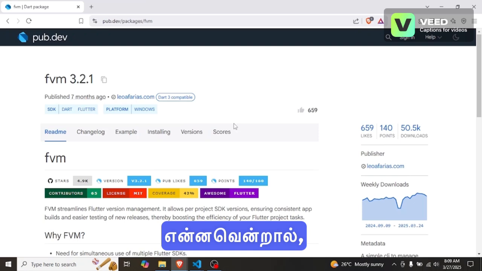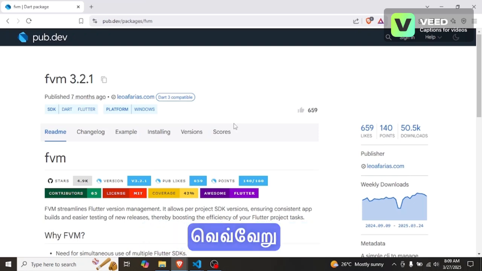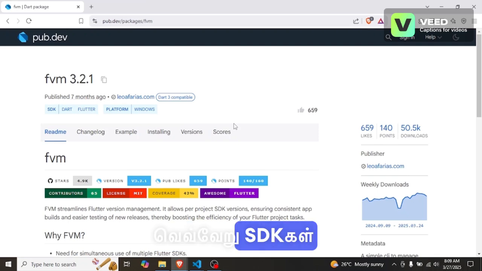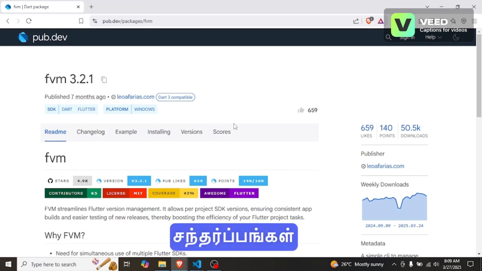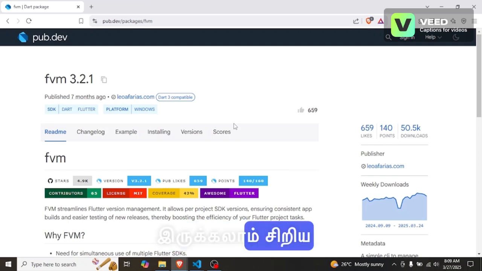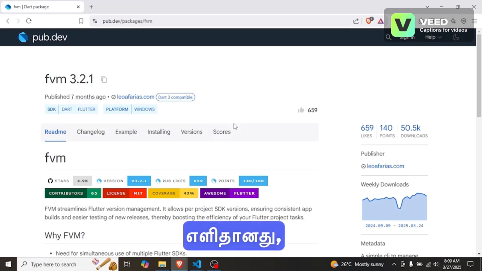Another very common problem is that when we're working on projects like Flutter, different developers tend to have different SDK versions. That's not the only case. Within a system itself, there can be cases where different projects need different SDKs. With smaller projects it's very easy to change the SDKs, but when it grows, when new modules and new libraries come in, it becomes a headache. To handle this,